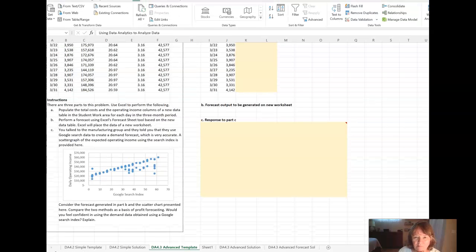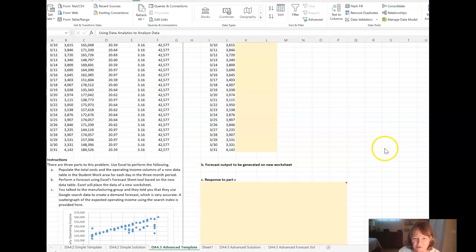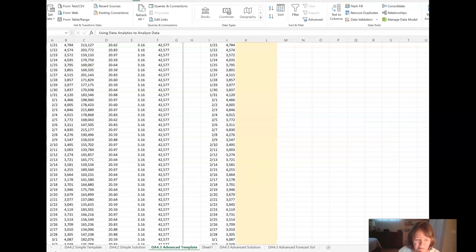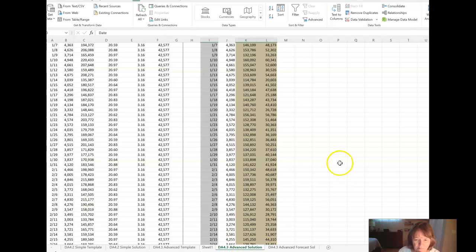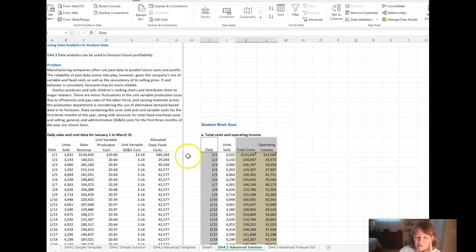So just to show you how to do it, the first thing that you would want to do is select the data. Select your data. You need the date, because it needs date points so that it knows that these are equally spaced. That's what it needs to know. And I've got total costs here and operating income. That's what it wanted. So I'm going to select the data, and then you just go to, hold on a second,